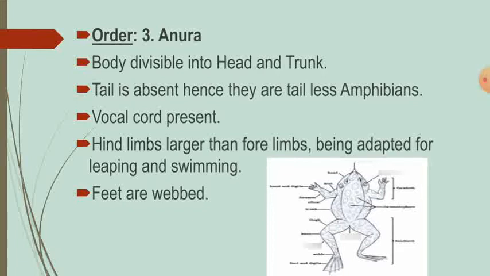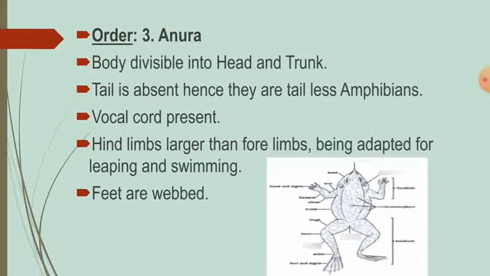The skin of these anurans is scaleless. Eyes are large and have eyelids. Middle ear is present in the case of Anura, and there is the presence of teeth. Teeth are located only on the upper jaw. In this also there are no sensory tentacles on the head. These sensory tentacles are present only in the order Apoda.